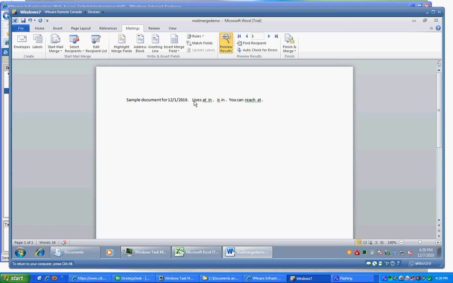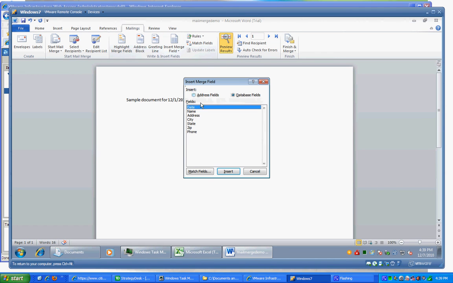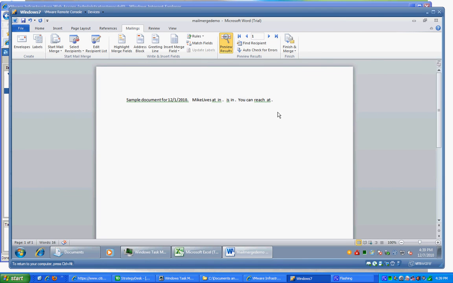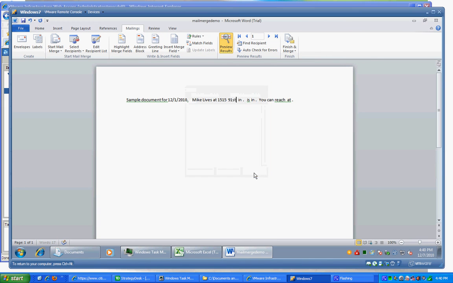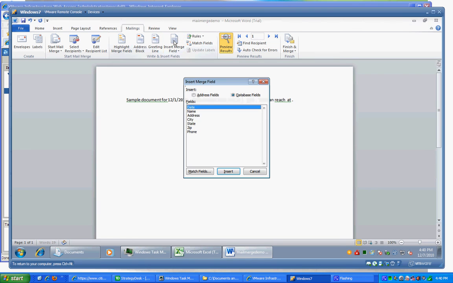So I'm going to say the person's name lives at, so I need to go get the name. I did that. I closed it so you can see it went and got a name, lives at. Now I want to put the address immediately after that. Insert Merge Field, address, insert. Now I have the address there, and I want to say what city that's in. So I'm going to say the city here,